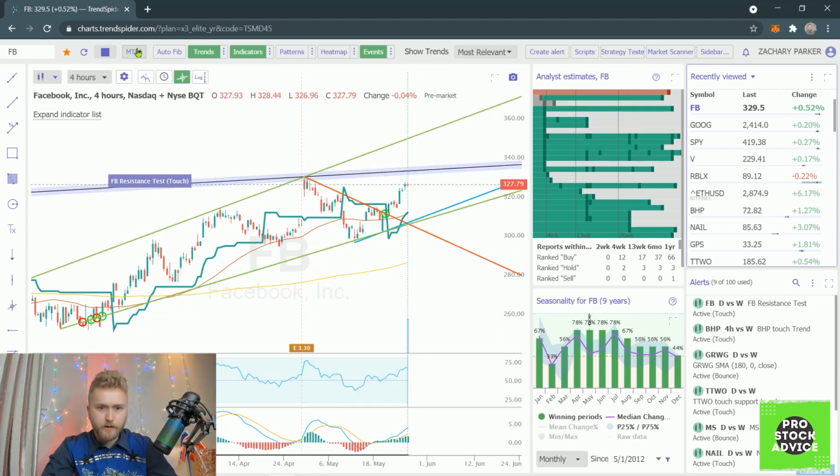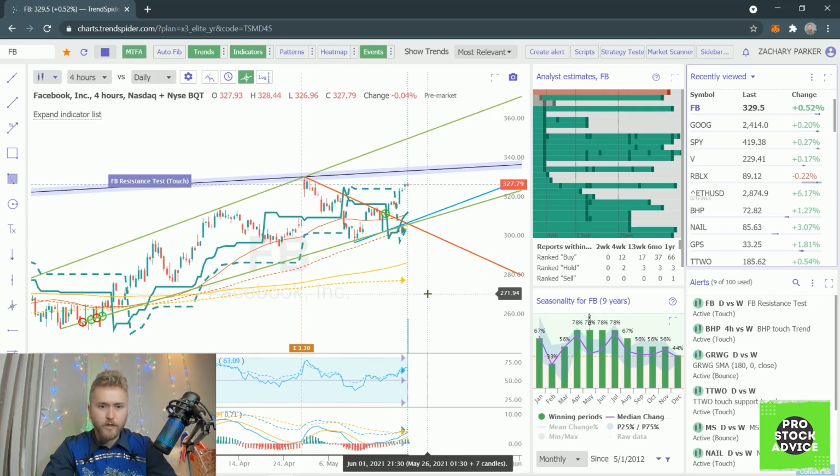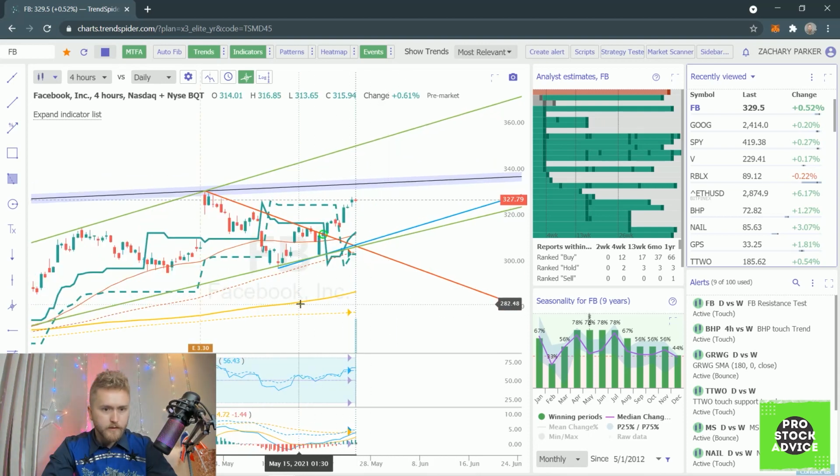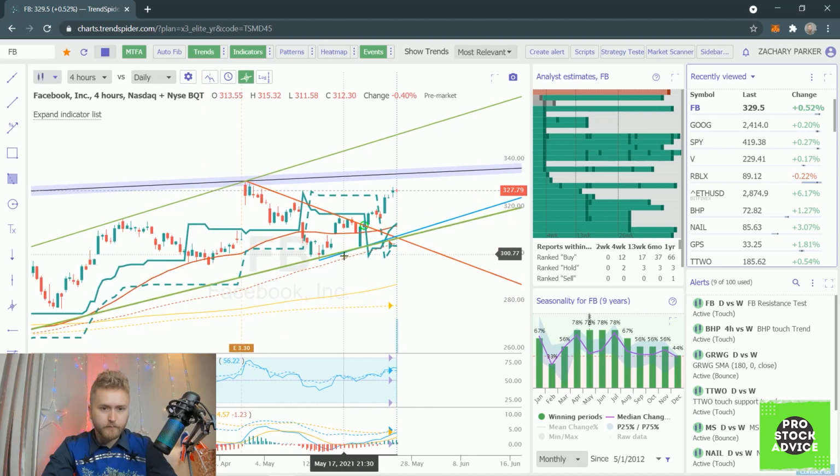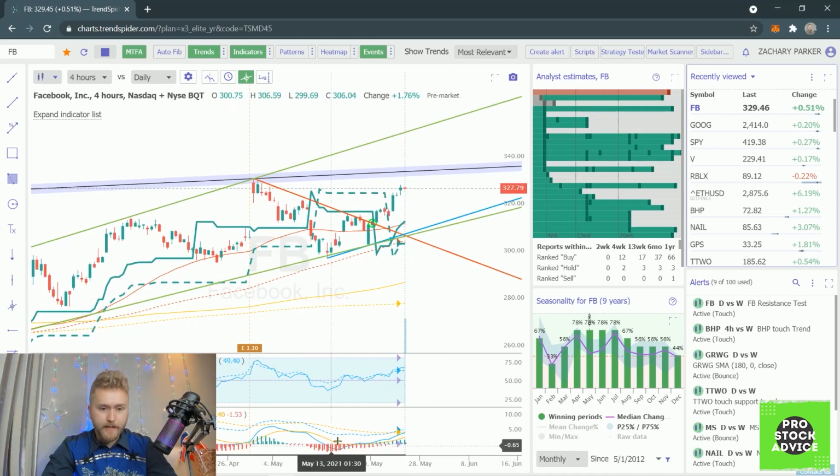All right, but if we turn this off, you can see that the daily goes away. Turn it back on, then the dotted lines will come back. So the daily 180-day moving average is this dotted yellow. The 4-hour is the solid yellow, and it's the same for the solid red and the dotted red. So you can see both of the moving averages at the same time, and the indicators, also the RSI and